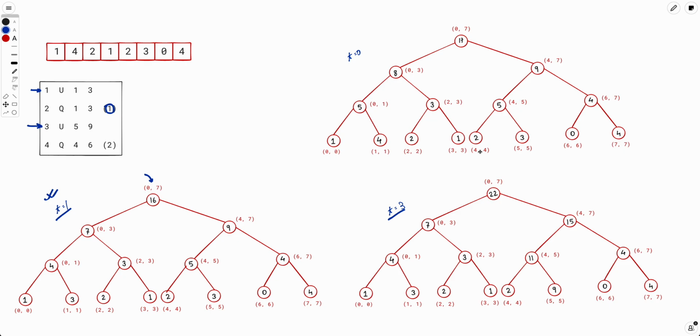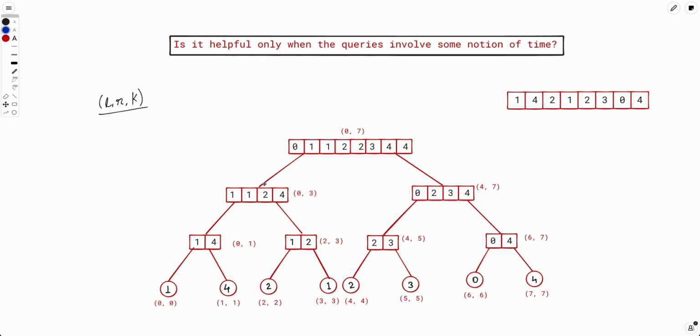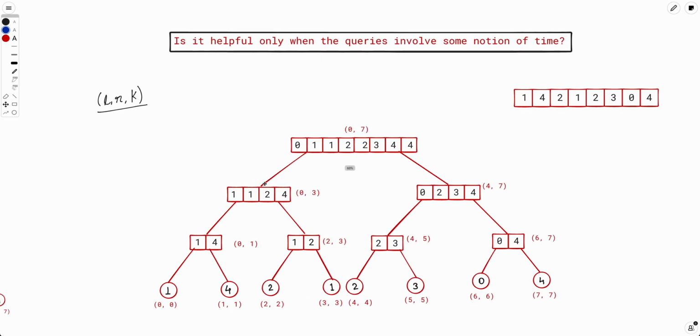Now you might be thinking, okay, is this persistent segment tree only helpful when there is a notion of time? In this particular example we had a notion of time, basically each query was at a particular time. But is the persistent segment tree only useful in these scenarios? The answer is no. You can model a simple array and use a persistent segment tree there